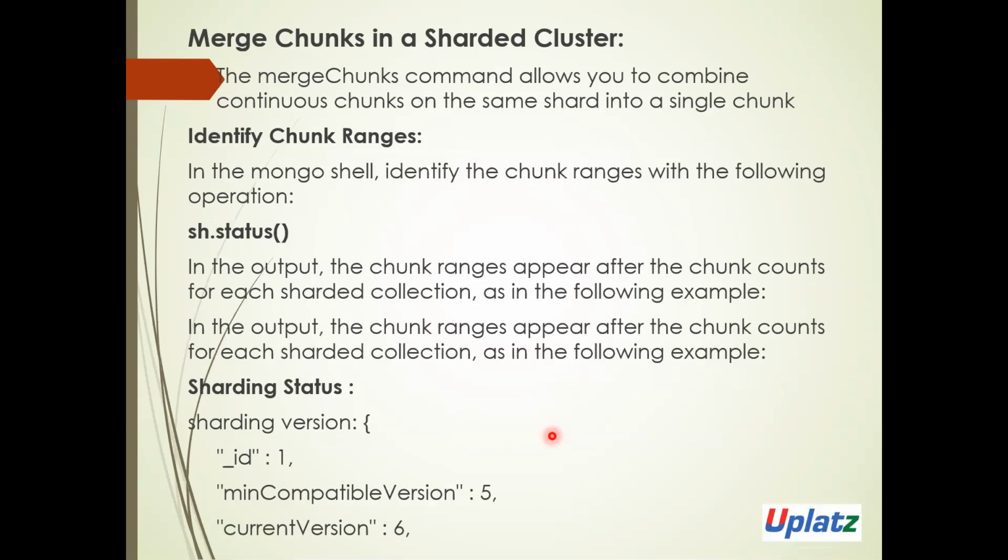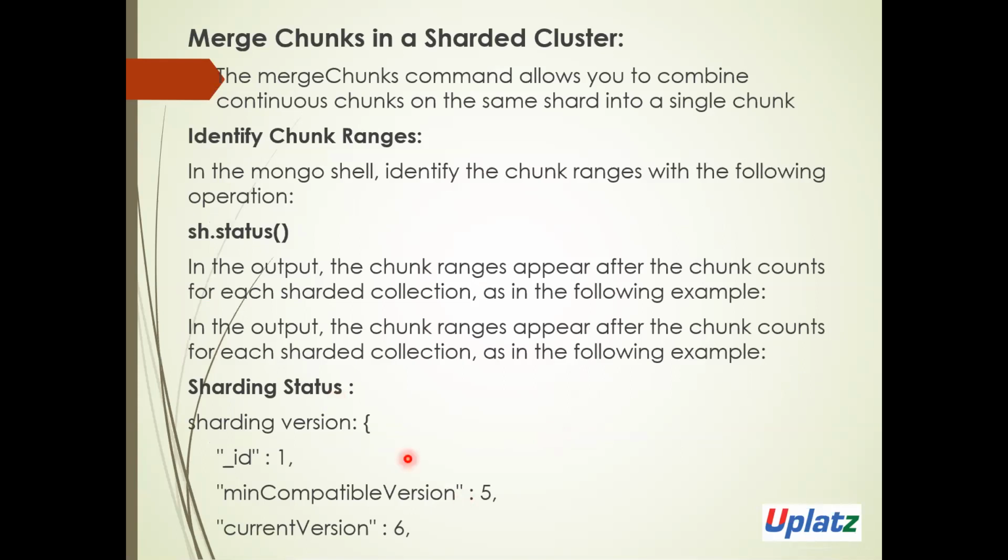So how can we merge in the sharded collections? We can allow the command to combine contiguous chunks on the same shard. So how do we need to identify? The same thing, sh.status. It will give each sharded collection in the following example. So this is how my output looks. So this is my